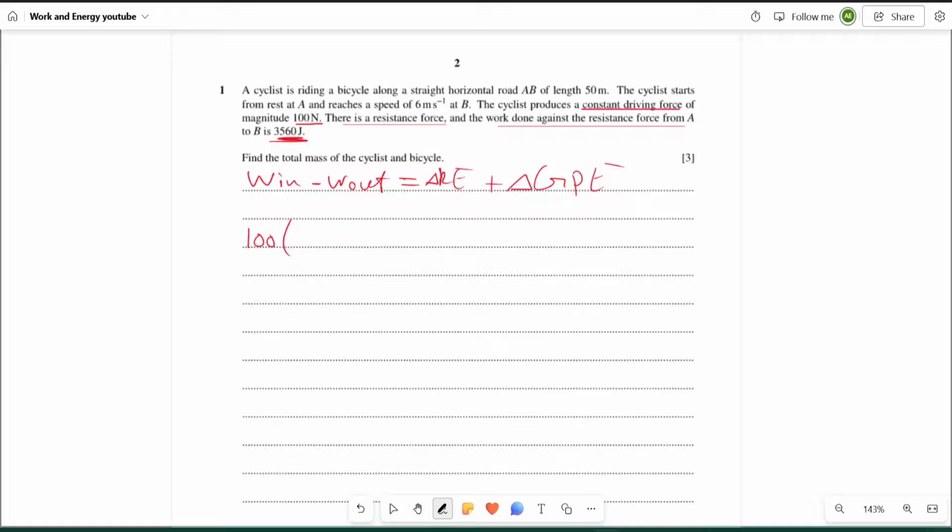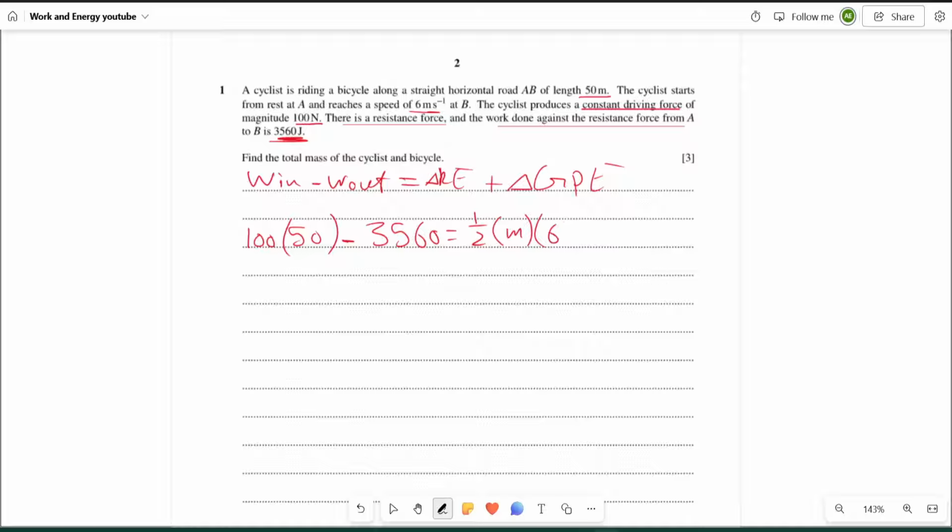What did it move from A to B? 50. 100 times 50, minus work out. It already gave us the work out. If it gave us the resistive force, we would need to multiply that resistive force by the distance. However, since it gave us the work done straight away, we just plug it in. 3560. That's going to equal half times mass, which is the thing that I want to get, times velocity final